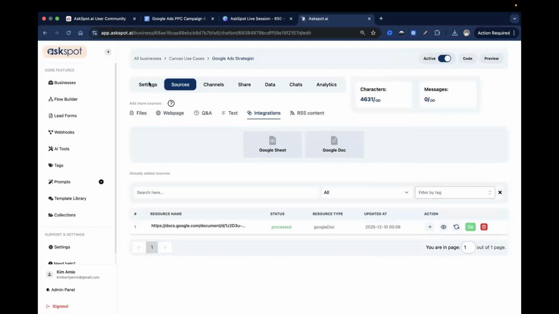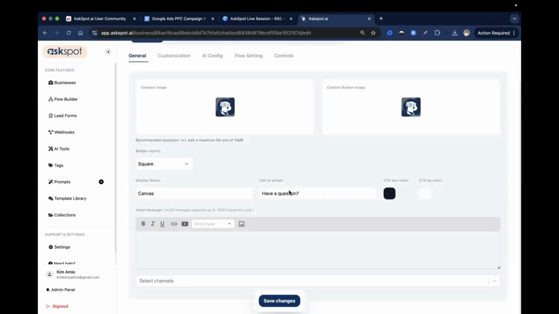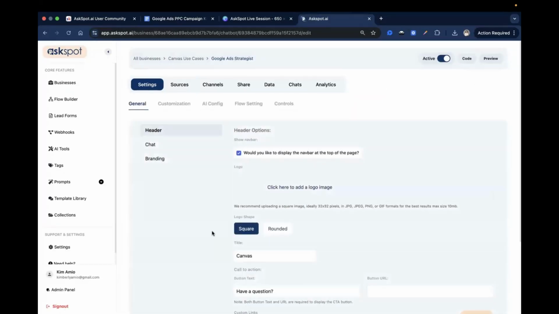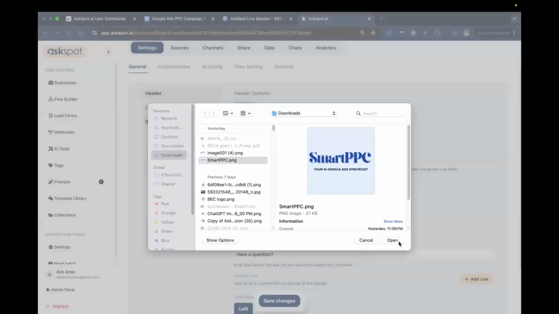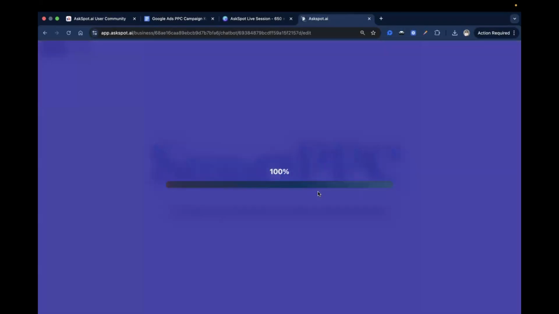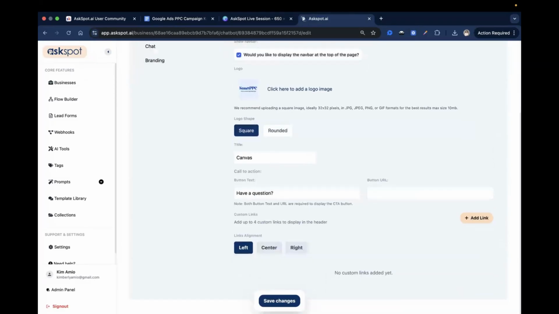Next thing that we will add now that we have our sources is our settings. Oh, I don't think this is the right setting. Let me just refresh that setting. Oh, there you go. So now let's add a logo first. Direct upload. So I created this logo already from Canva, my favorite graphic design tool. All right, now over here on title, let's just name this your AI Google Ads Strategist, and then just add